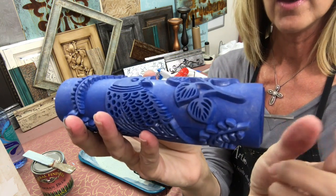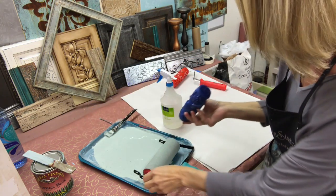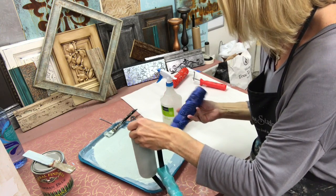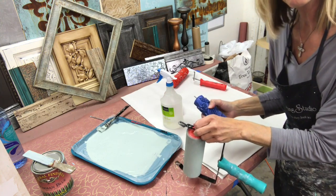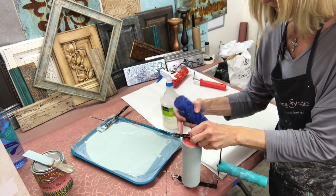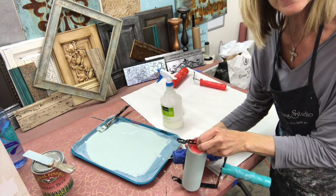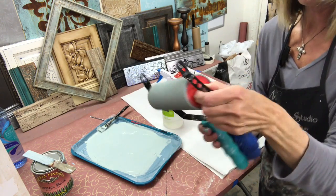And again, these rollers have the pins on the end, so they fit into the stamping handle. The best way to load these in is to place the handle on its side so that the pin is against a hard surface. And then your other fingers, I'm going to pull it up over here,